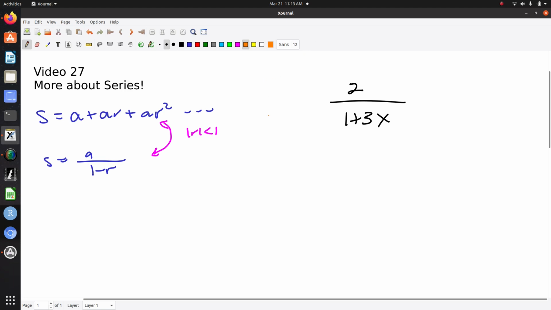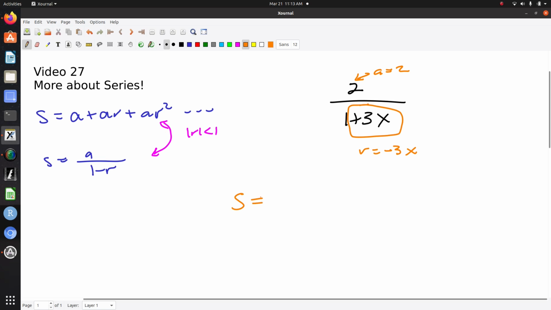And so let's continue with this exercise. We can say a equals 2, and r is this piece, but it's supposed to be minus r. So r is equal to minus 3x. Always be careful because in the formula it's a minus. So if you have a plus in the denominator, you have to introduce the negative. Okay? Now you can just write your